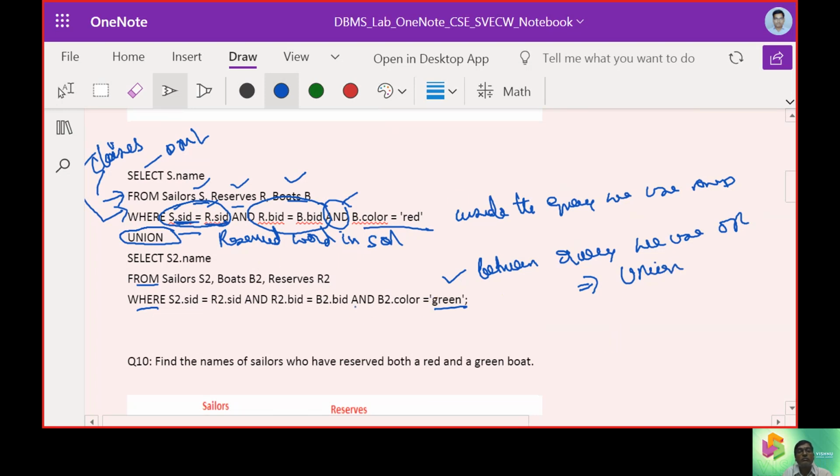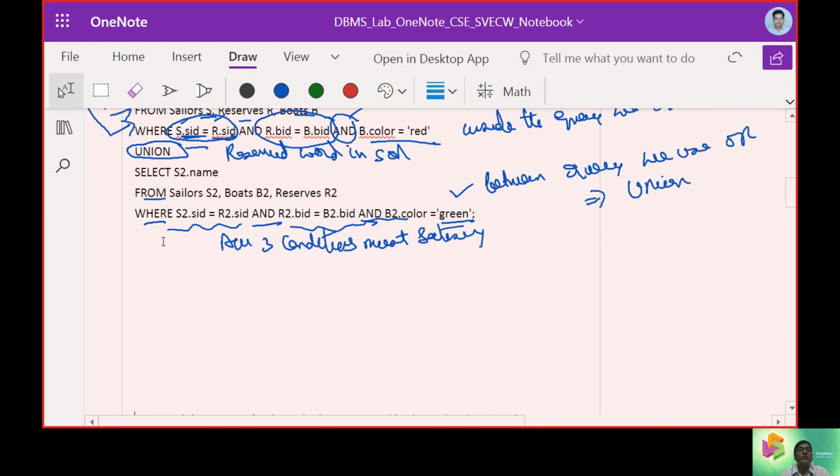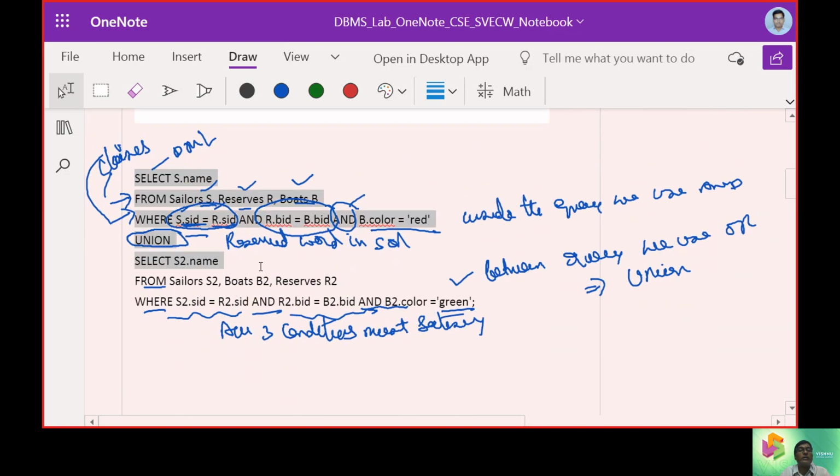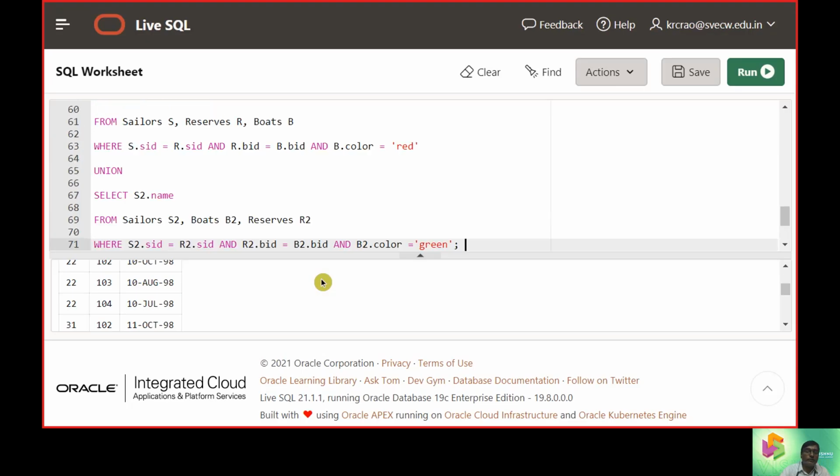So in the condition it should work together. All three conditions must be satisfied. Unless all three conditions are satisfied, we will not get the results. That's the reason we are looking into all these aspects. Now let us see the total number of records we can expect when the union query is executed.